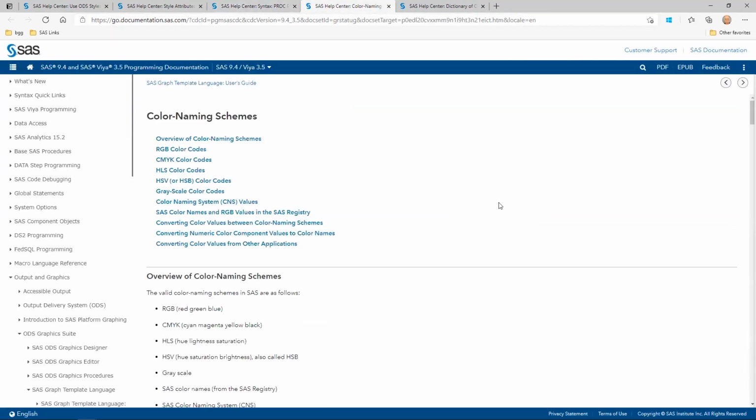I do have a link to the various different color codes that you can use for style options. Here, RGB colors, you can see they're more than I used, but RGB and the HLS and the grayscale and the SAS names are pretty typical ones, and you can investigate that further.